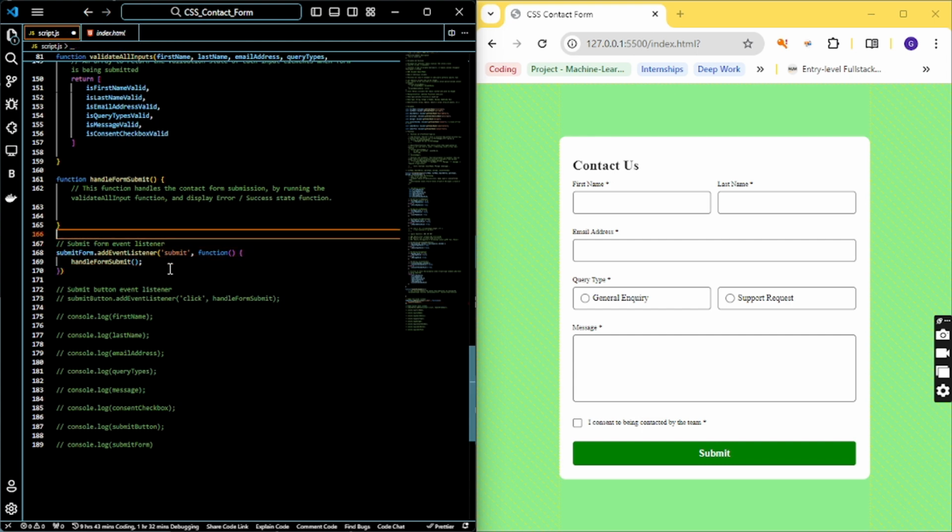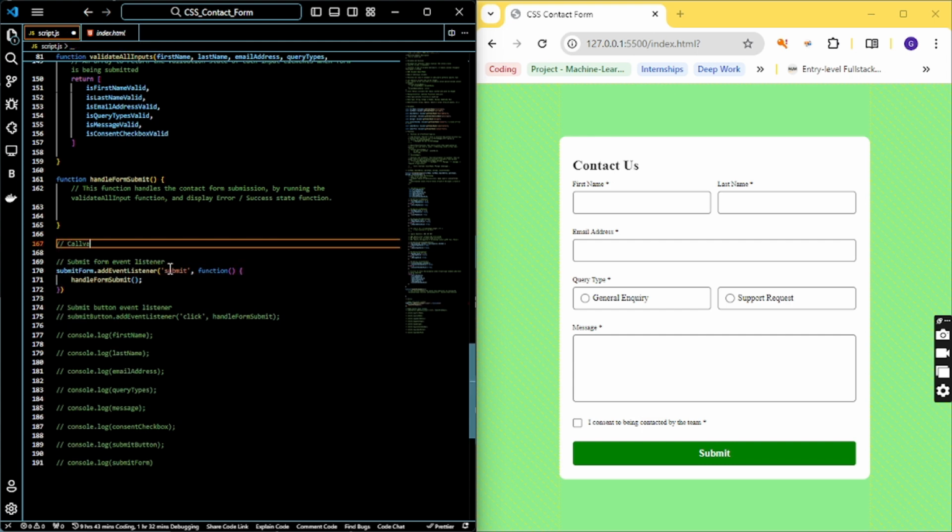So let's just put it here. Callback functions are functions that are executed after a specific